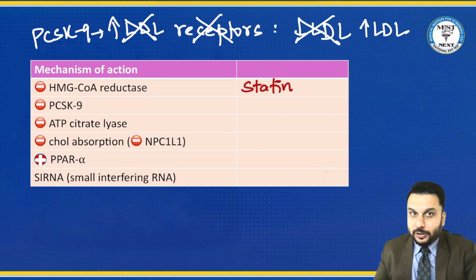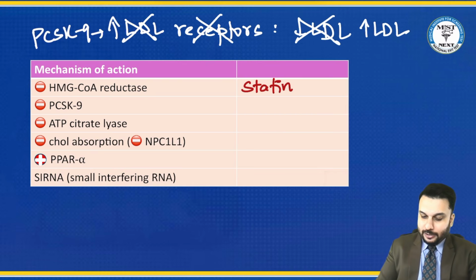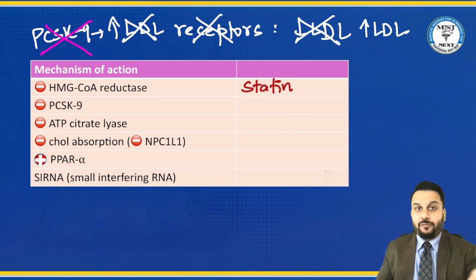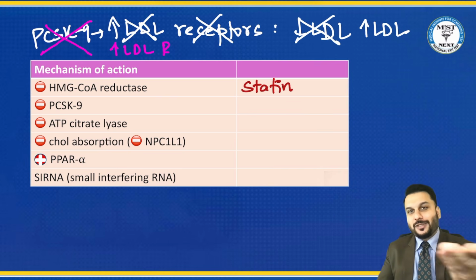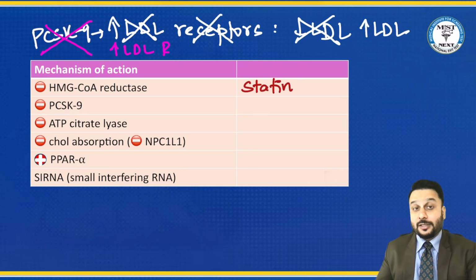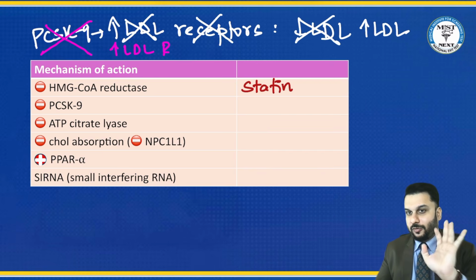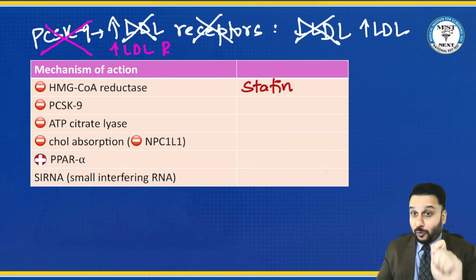So what I can do in this pathway is actually block PCSK9. If I block PCSK9, the LDL receptors will not get destroyed. That means there will be more LDL receptors. When there are more LDL receptors, there will be less LDL. That's how they will work. So PCSK9 is the enemy, right? That's what you have to remember in the cholesterol topic. So you must destroy the enemy only.